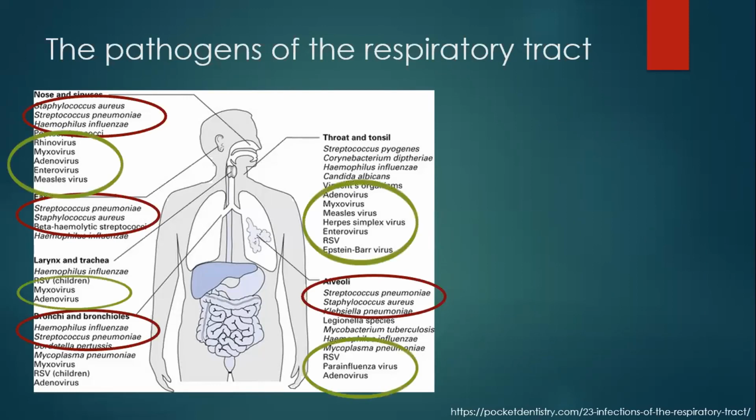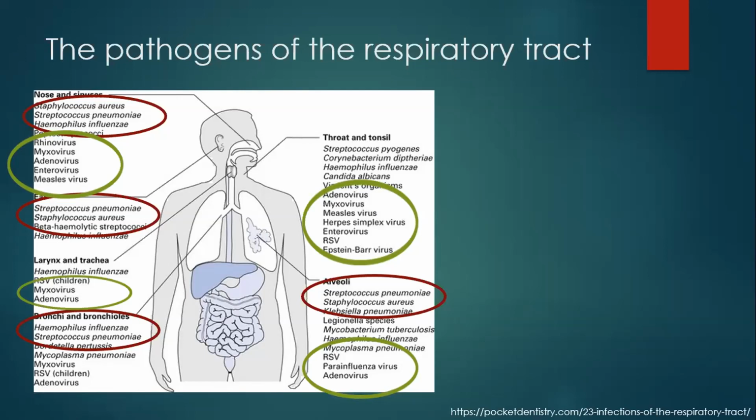And then here are our friends, the viruses. Again, lots of overlap, but some that are more specific in certain parts of the respiratory tract. So if we have a quick look here, a lot of adeno in the nose and sinuses, which is again coming up in the larynx and the trachea, and again in the alveoli, where something like herpes simplex would be much more common in the throat, where it's not seen routinely in the alveolus.